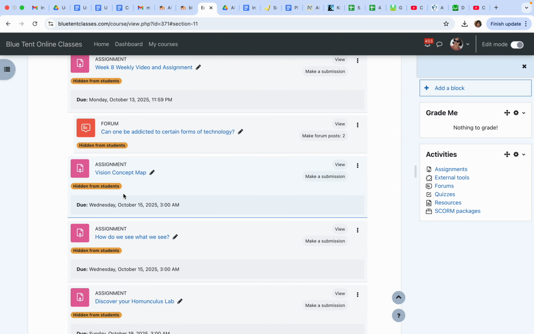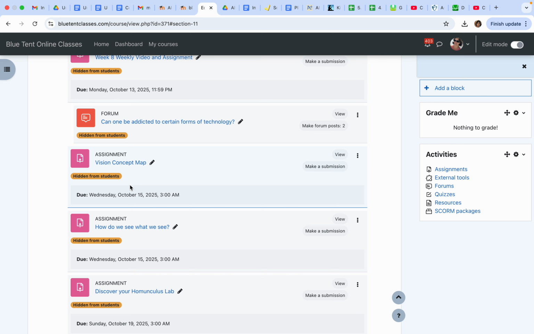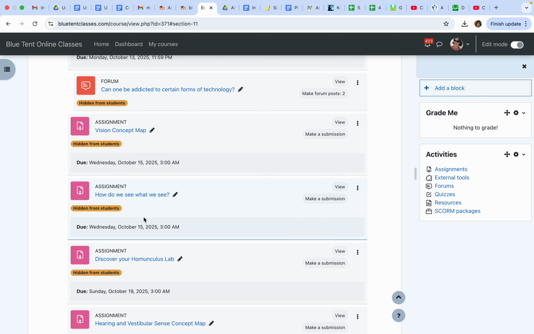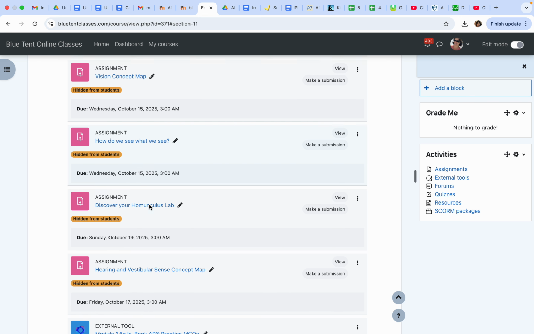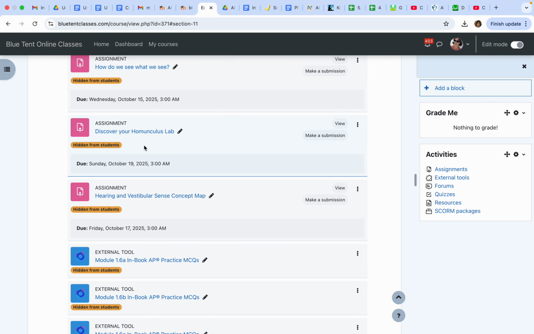Then you're going to work on vision this week. All right, there are some diagrams to help you there. There's a little summary, right? I think taking a little bit of time to summarize how we see what we see is a good thing. There's a lab for your homunculus. I love that word, homunculus, right? This is the part of our brain that has our body built into it. And you're going to get to experiment by poking people. Don't really hurt them, but see which parts of our body are more sensitive and why.